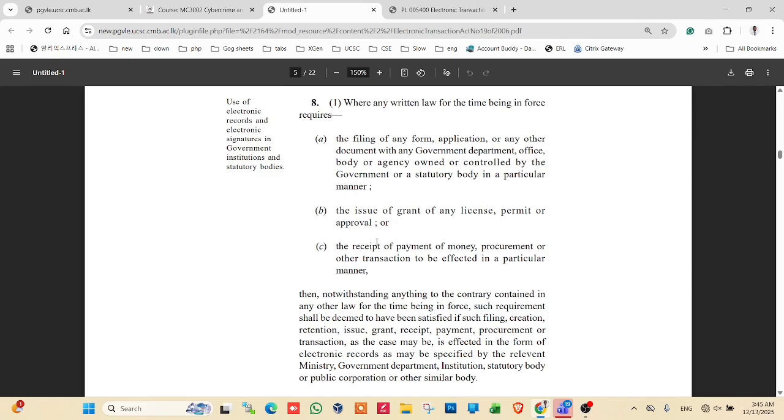It technically means whatever the law requires you to do, one of these things mentioned in A, B and C: the filing of any form, application or any other document with any government department, office, body or agency owned or controlled by the government or a statutory body in a particular manner; the issue or grant of any license, certificate, permit or any other form of approval; a receipt or payment of money, procurement or other transaction to be effected in a particular manner; then notwithstanding anything